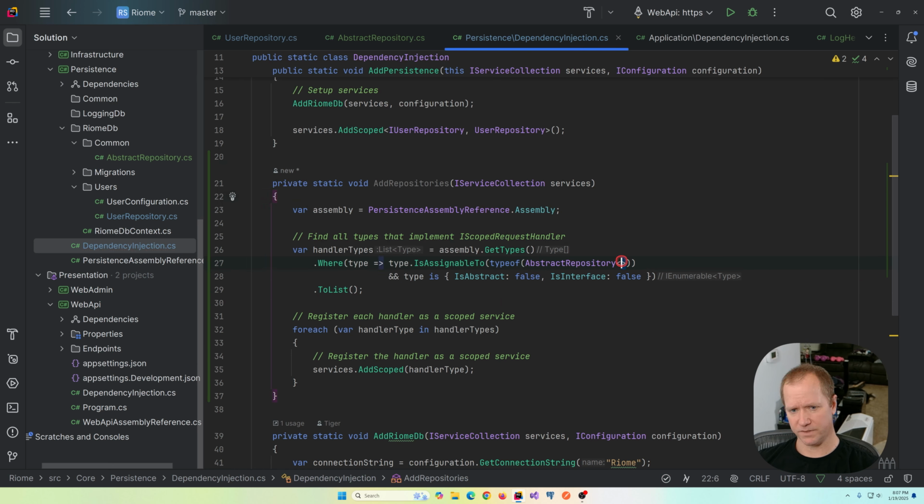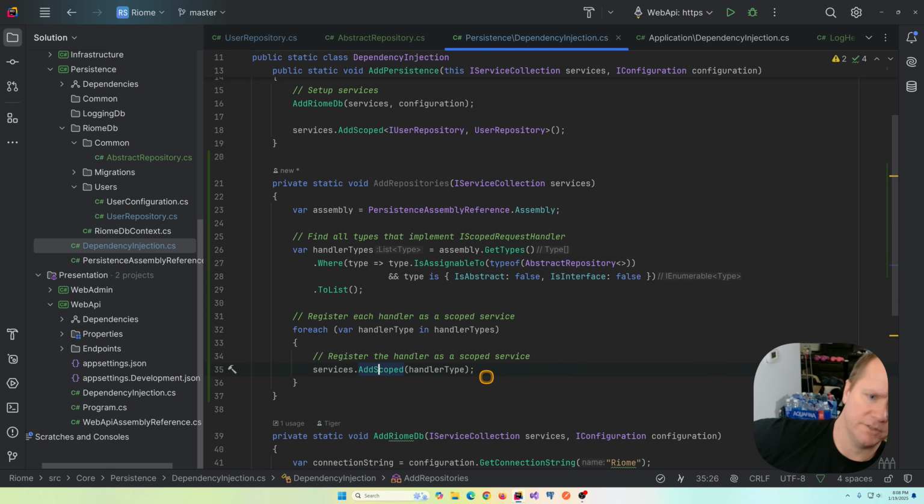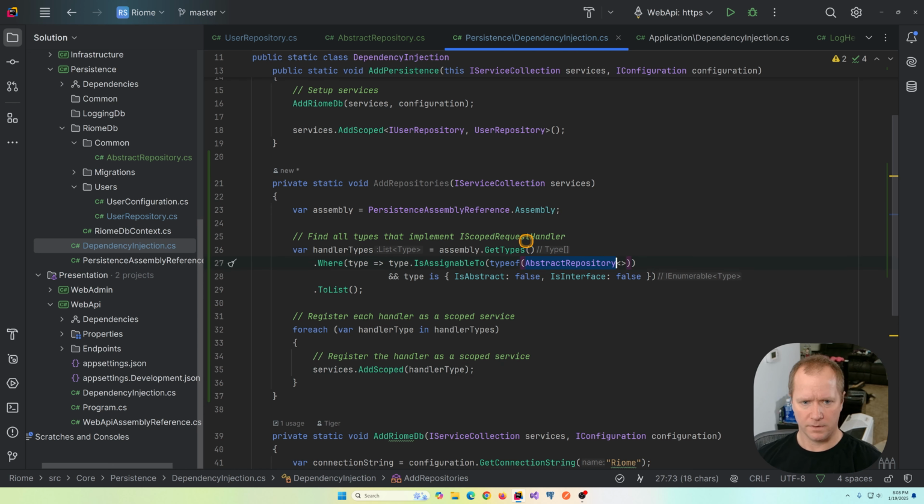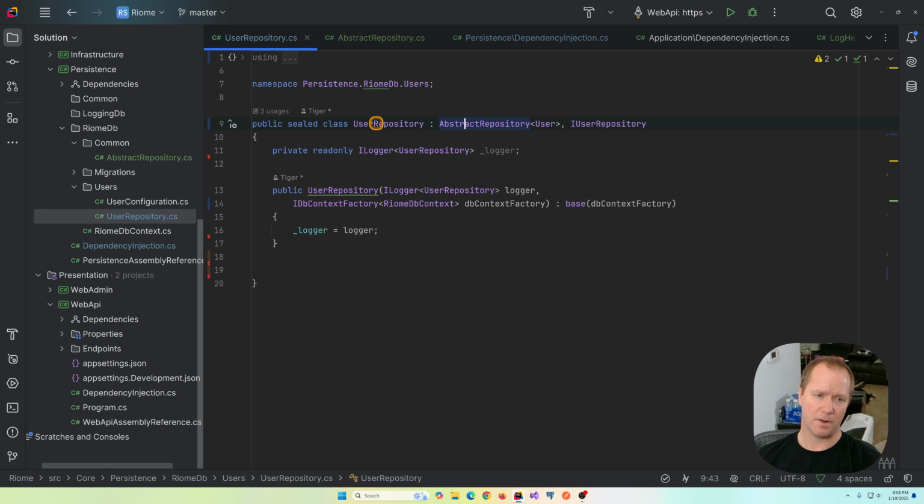I think I can leave this as an open generic. Where it's not an abstract and it's not an interface. That should all work. This is where things change a little bit. And what I need to do different here is, what this should give me is user repository. I want to register user repository as an iUser repository. The way that I'm going to do that is a little bit dangerous, but I've had really good luck with it: I'm going to just look through all the interfaces on user repository, grab the first one, and